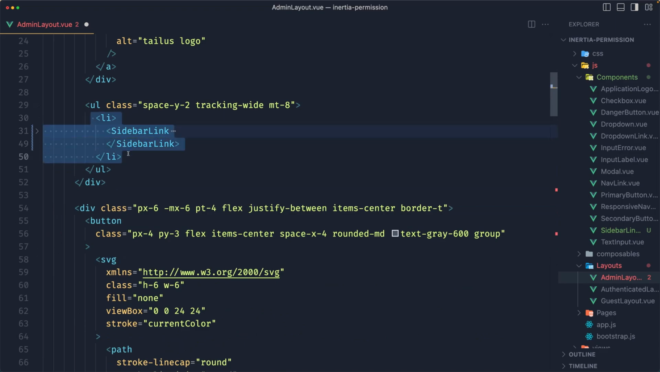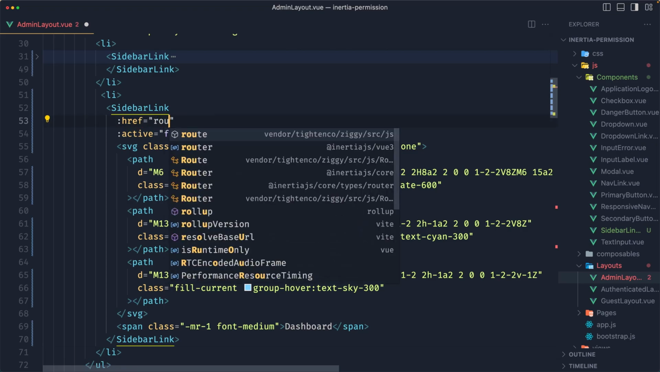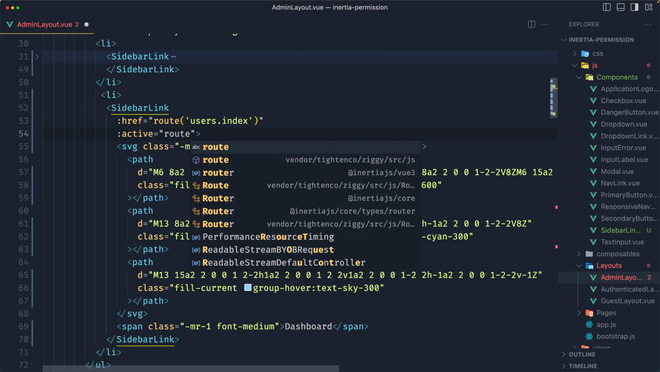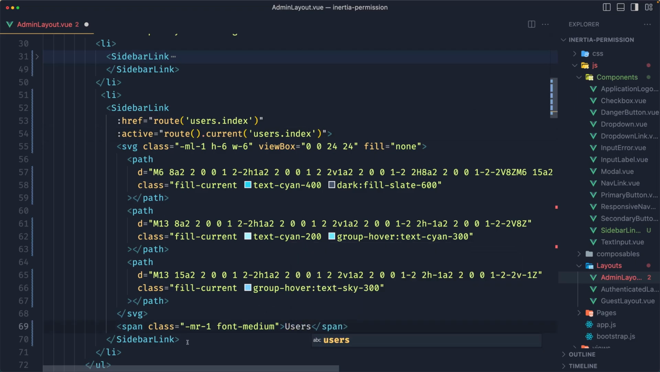And now let's duplicate this. This one now is going to be bind and say users. So I'm going to use routes. Let's say route for users.index. And active now is going to be only if the route.current is users index. Okay, and let's say here users like this, and let's copy